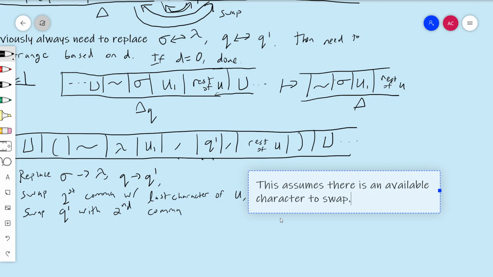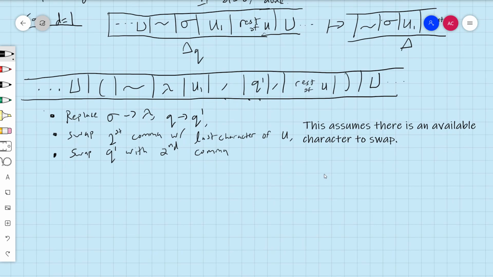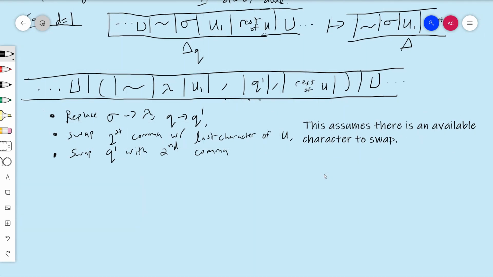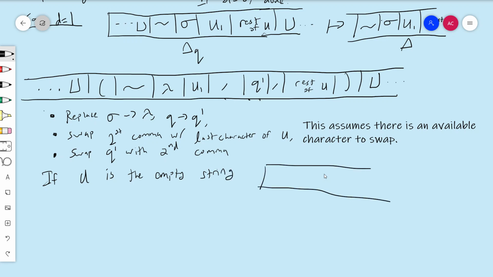What do I mean by that? Well, if U is the empty string, well, what would that mean? That would mean we have basically